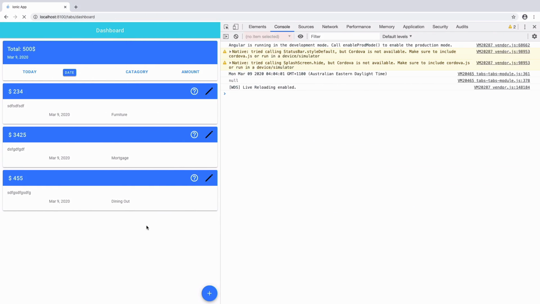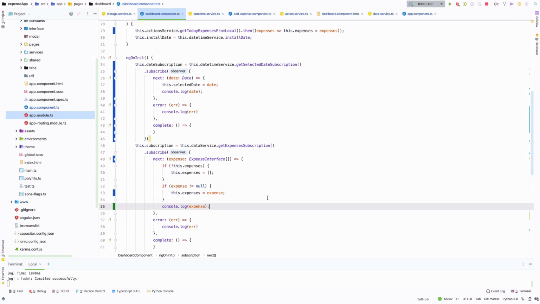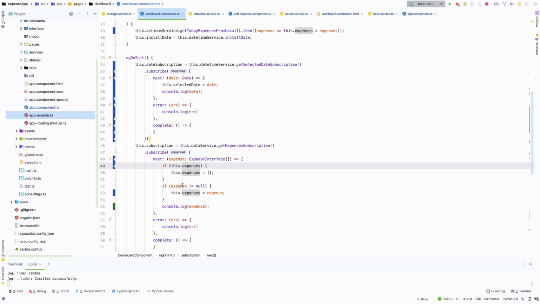And then I'm going to refresh this page. I'm going to change the date to 8, and we're getting this as null. So once that's null, because we see that there is no expense with that date, we should remove these values. This should go away. So here it says if not null, then push it. Okay, so if that's null, I'm going to change this to if